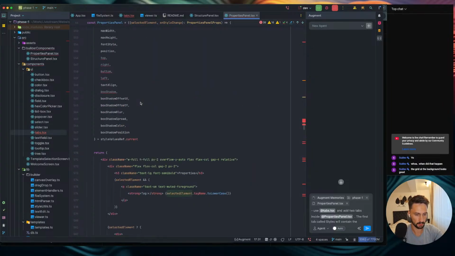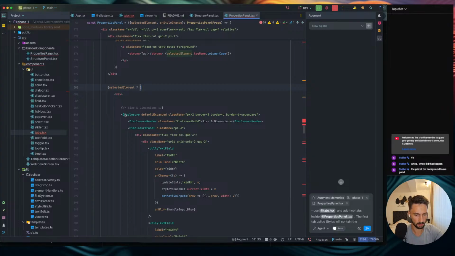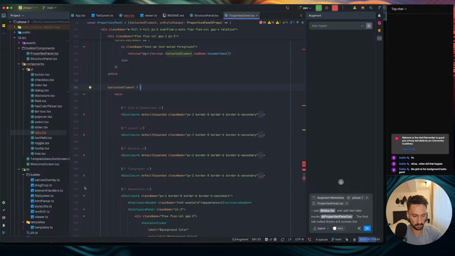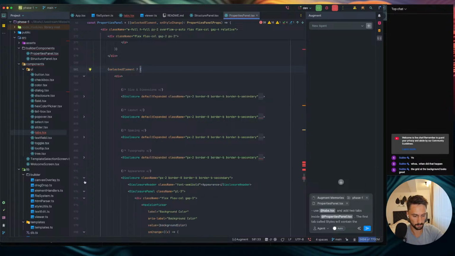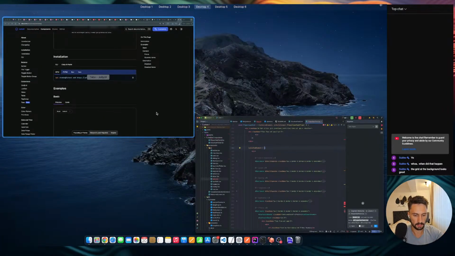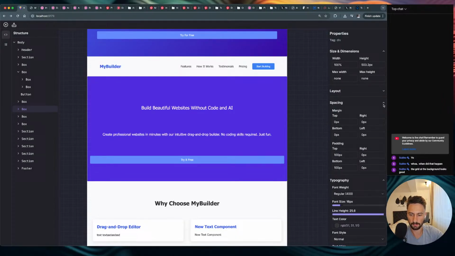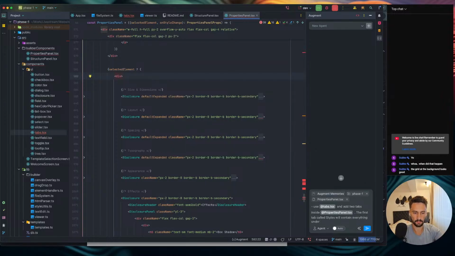So we have this section, selected element, and we have different collapsible components called disclosure in this case. This is how React Aria Components calls collapsible components. You can use them to collapse, hide, and show things. And we can move everything here. So the first tab called styles will contain everything under the selected element